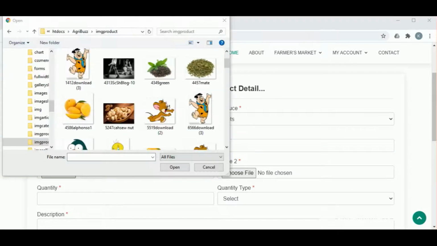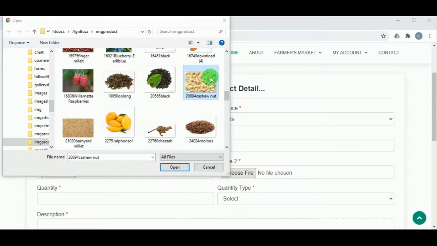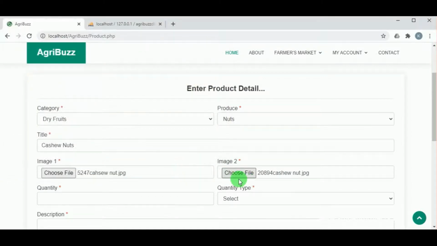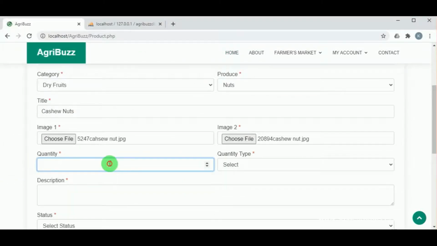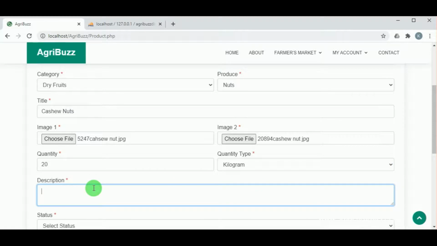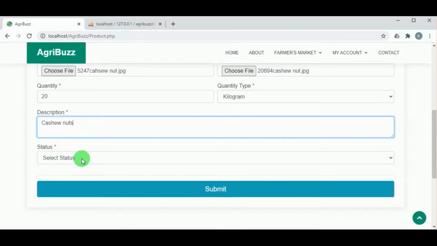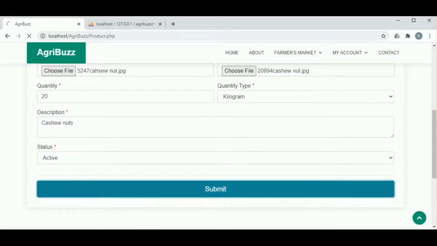The farmer must upload the image of the produce, and he must upload 2 images. The quantity, that is, what quantity is available for sale, and the type of quantity, whether it is kilogram or gram, and in description he can give the description about his produce, and this description will attract the customers, and the customers will get the details about the produce here.